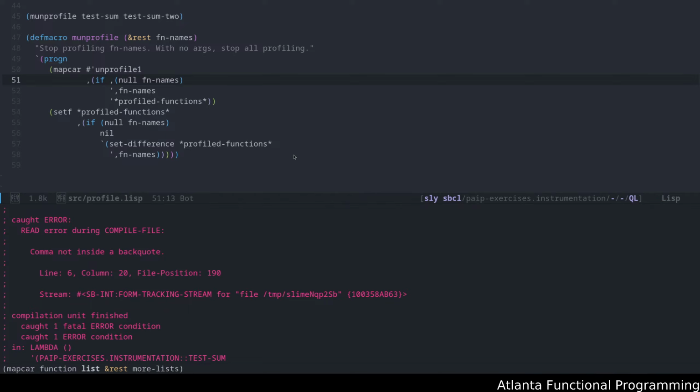Go back to that section here. So the issue here is in unprofile, I copied in something incorrectly. It looks like I may need to do, okay, let me see if I can do it this way. If this should allow us to do f names, and let's do that.